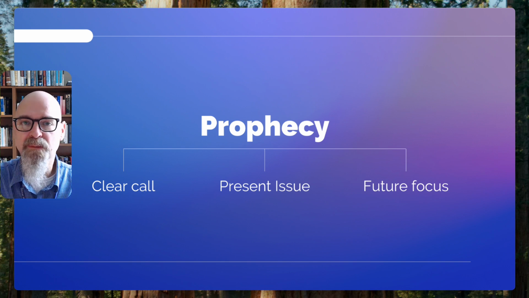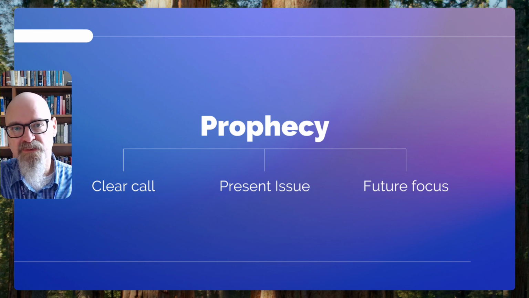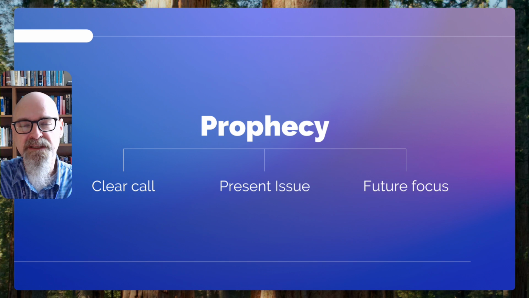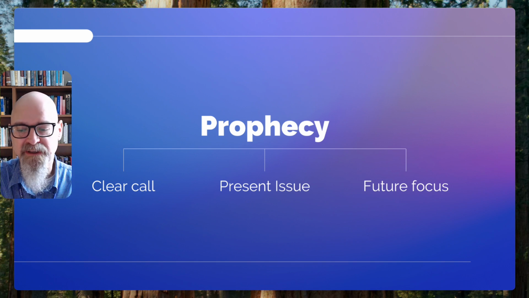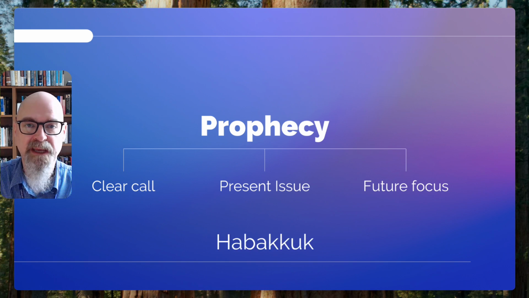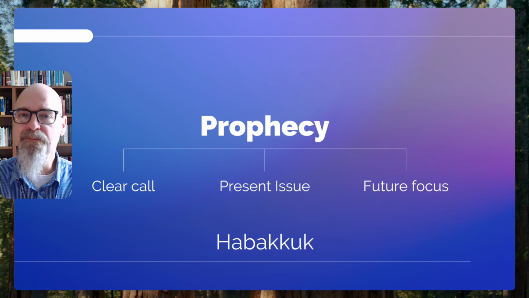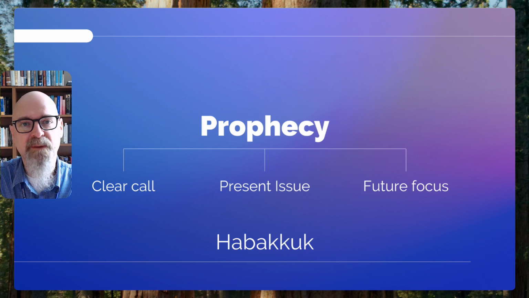So the key thing to remember is that the prophecy in the Bible is not only about the future, it's also about what God has revealed in the past and how that affects us in the present. It's about how we can have hope now based upon what God is going to do in the future, and how all three of those things connect in the biblical revelation that we have in front of us. Now, the example that Cesar is going to talk through is the book of Habakkuk. So I'll let him pause the video, and he's going to give you a quick overview of the book of Habakkuk, and you can then discuss how it functions as prophecy within the biblical text.